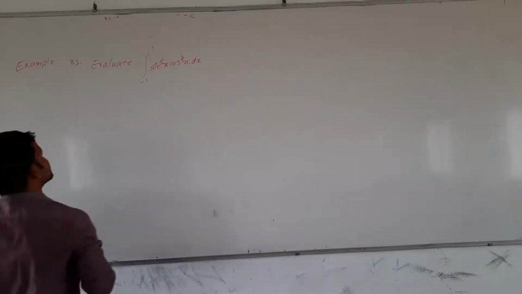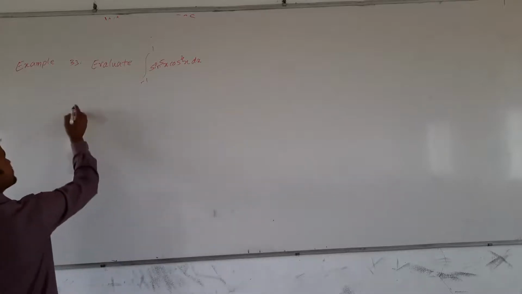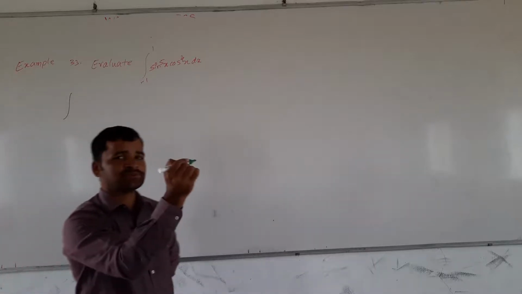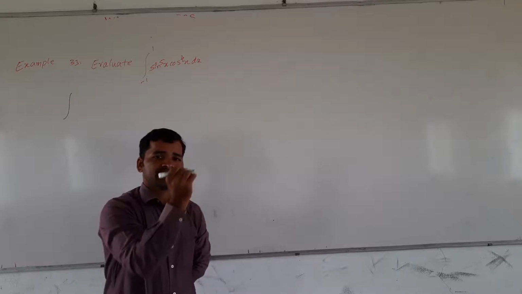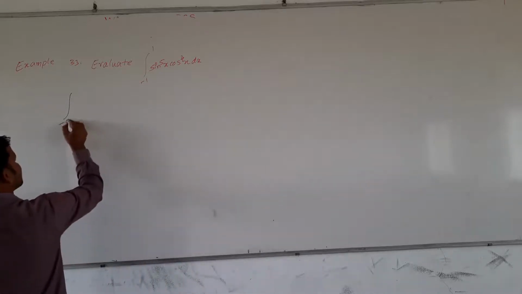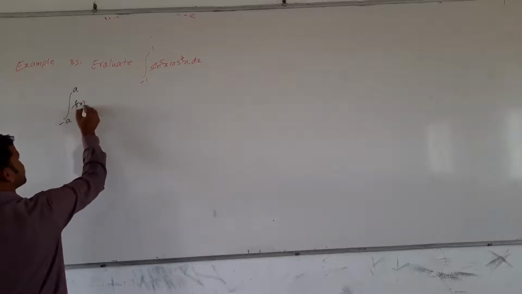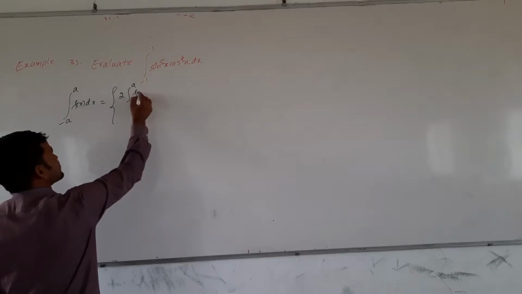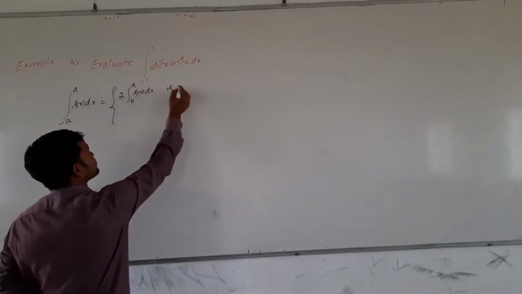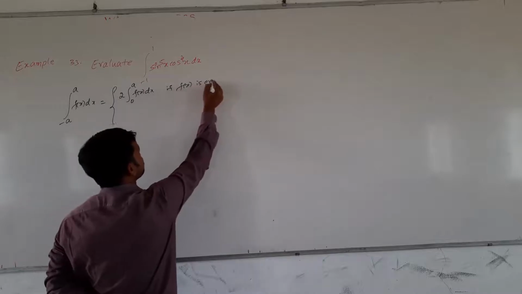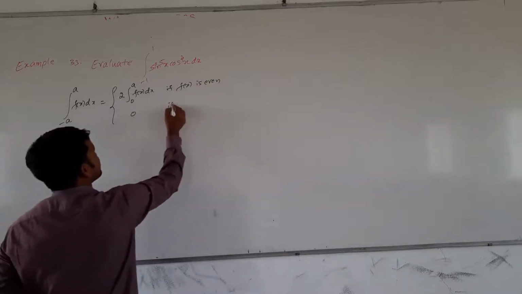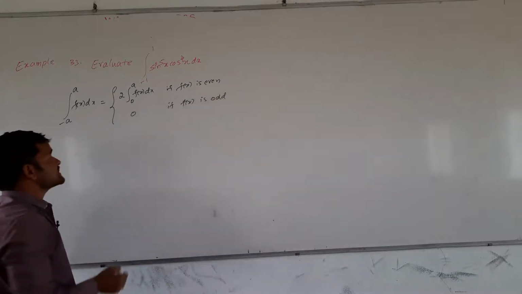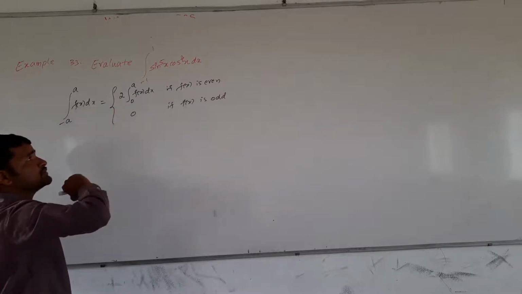How is it 0? I will explain. We know the property. Here the upper and lower limits are minus 1 to 1, which means it is in the form minus a to plus a. We know the property: the integral from minus a to a of f(x) dx is equal to 2 times the integral from 0 to a of f(x) dx if f(x) is even. That is property P7. It is 0 if f(x) is odd. As it is from minus a to a, here minus 1 to plus 1.